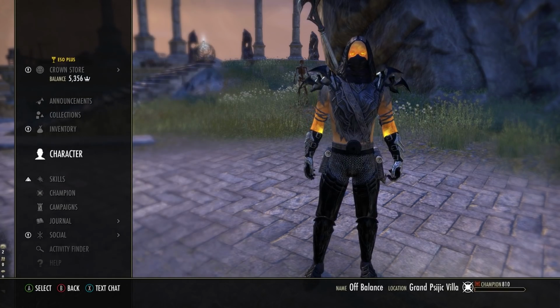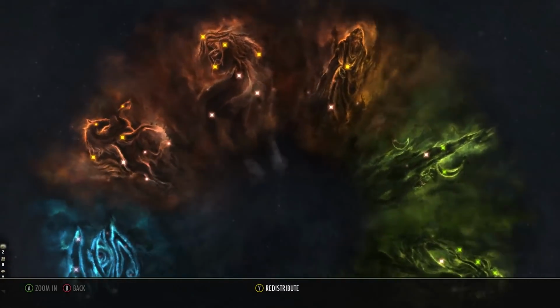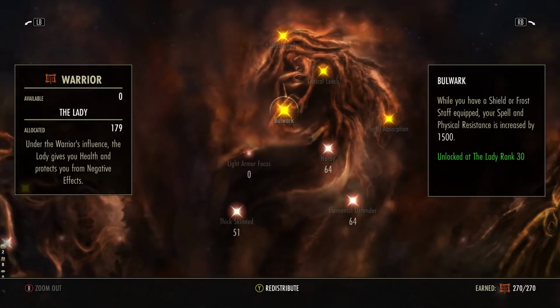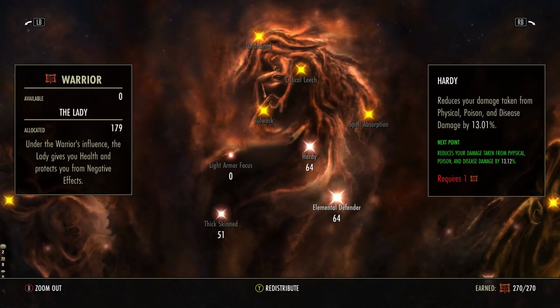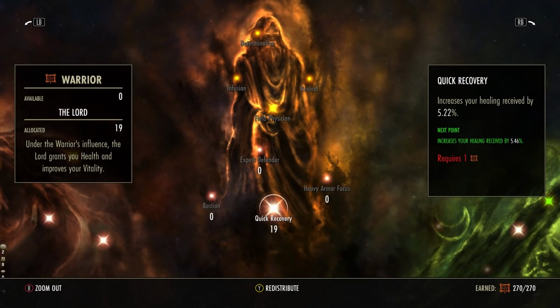Now, we're going to go over the champion points very quickly, then I'm going to show you rotation. Champion points are essential. The first trees, the red tree and the green tree, of course, are relatively standard to most of my builds, but you may want to change them depending on the situation. 72 points into Ironclad to reduce incoming direct damage by 23%. 64 and 64, meaning all damage that you take is reduced by 13%, and any damage over time is reduced by a further 19%. 19 points into Quick Recovery, because of course you get the 5% healing received bonus,